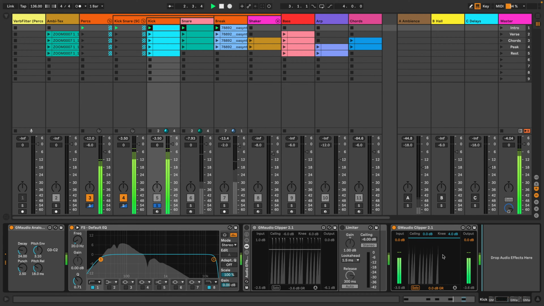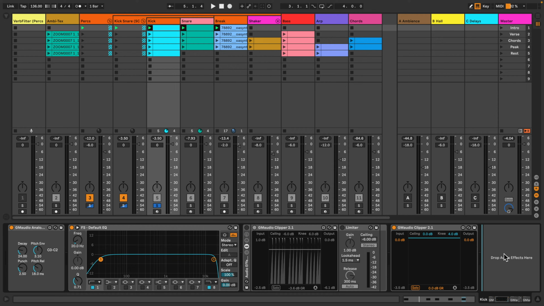We'll start by having a look at the meter, and we can see where the really short peaks are. Now, in the other video, I do have some diagrams that show the difference between clipping and limiting, and how using a clipper well means that you're really only clipping a very short amount of the signal. And because it's such a short amount of time, it is far less audible. So if we aim to just take off the really short peaks that we can see on the meter, and also take into account that maximum amount of dynamic range that we can reduce of about 4.5 dB, then we